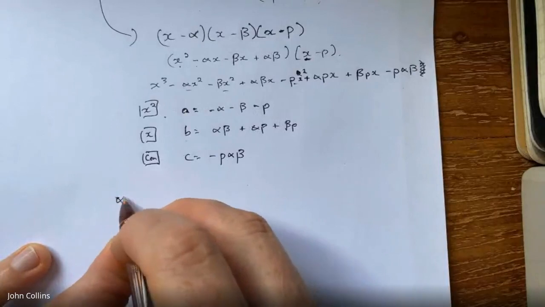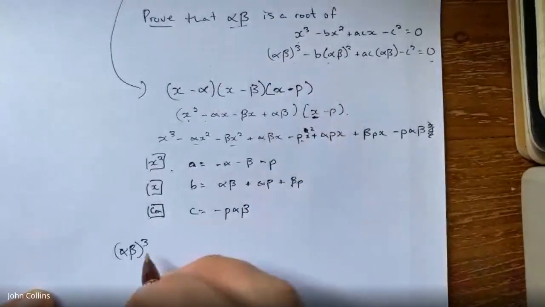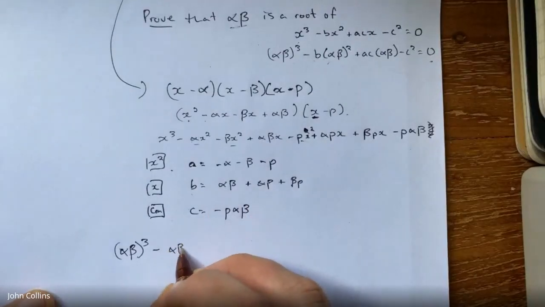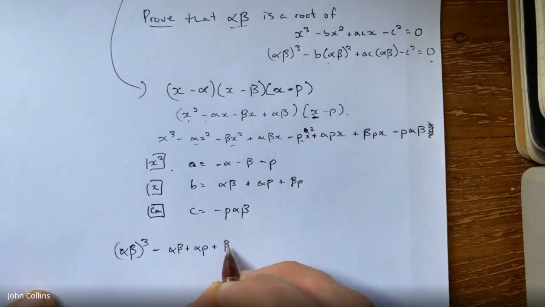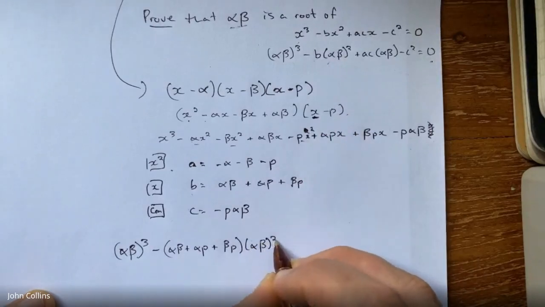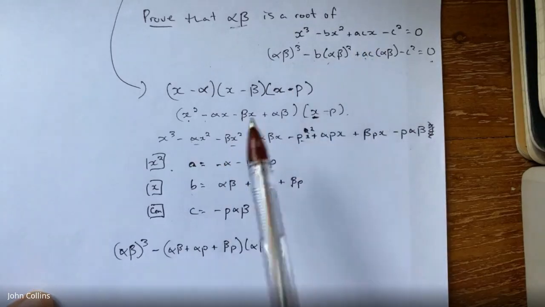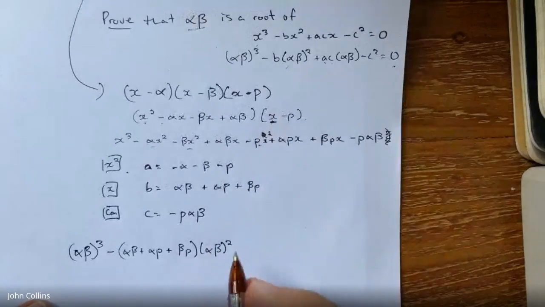It should, theoretically. Alpha beta cubed, which was up here, I'm just minus. Now b, I have something in alpha beta and p. So alpha beta plus alpha p plus beta p times alpha beta squared. Okay. And then I have a times c. Yuck. A times c